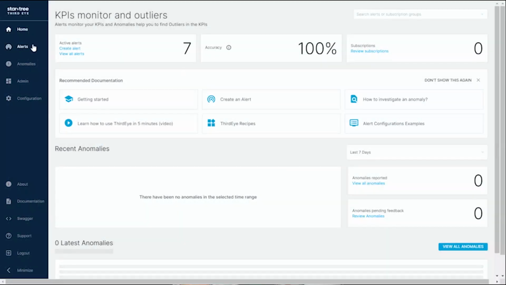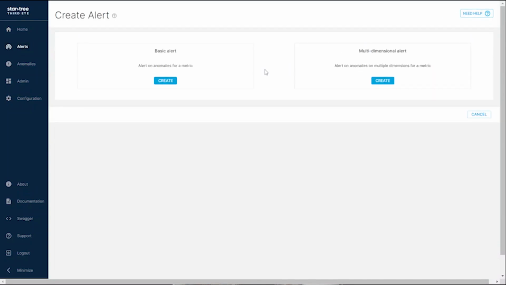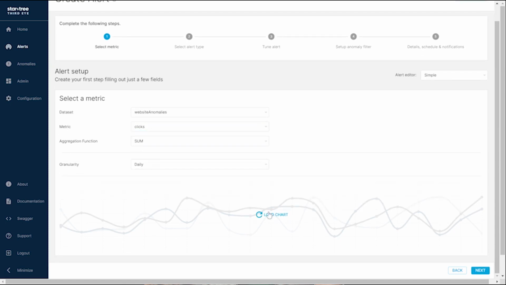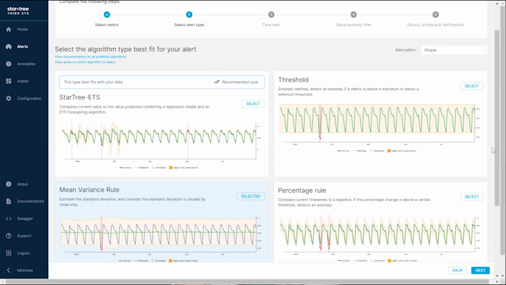Over in ThirdEye, choose Alert, then Create. I'm going to use the built-in clickstream data for the dataset. Let's say we want to know how many clicks we get per hour and find out when that particular measurement gives us a surprise. Next, we get some charts with sample anomalies to help us pick what algorithm is best